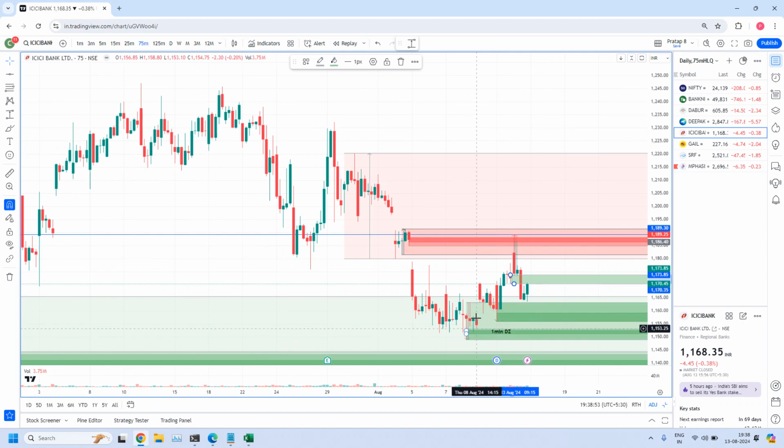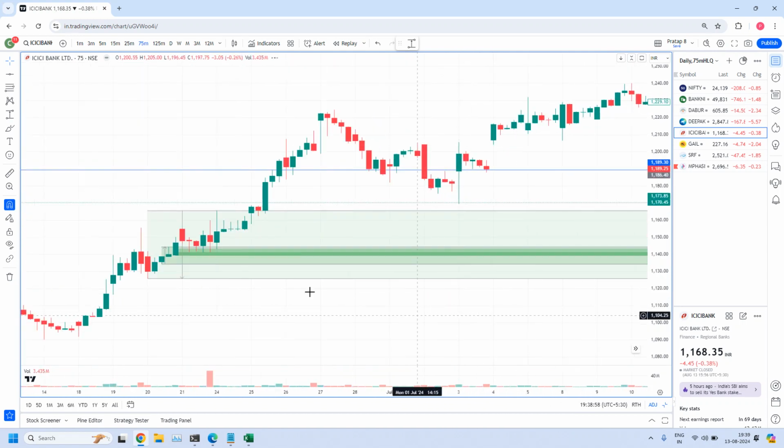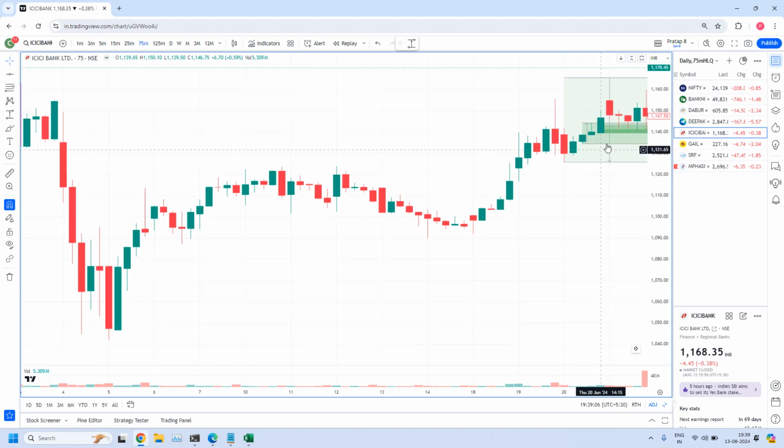So this is one fine-tuned 75 minute zone in the demand zone, and we have one more fine-tuned demand 5 minute zone, that is we have a rally, 2 base candles and again a rally candle. Not a very great leg out, but okay, at least among the large size this is the smallest one, that way you can trade. This is good enough to qualify.